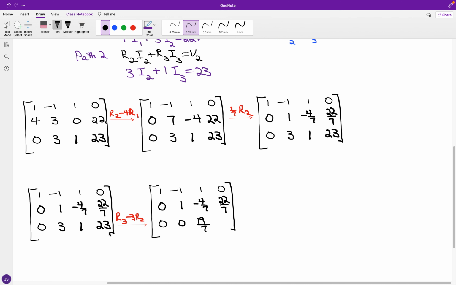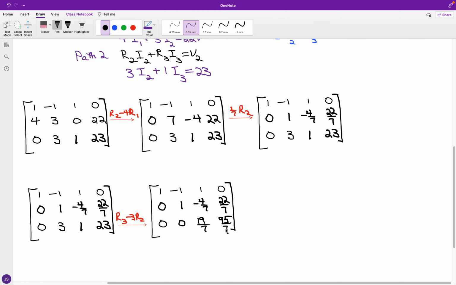And I'm going to have 23 minus 22 sevenths. So we have 19 sevenths from 1 plus 12 sevenths, and 23 or 161 sevenths minus 22 sevenths. This will be